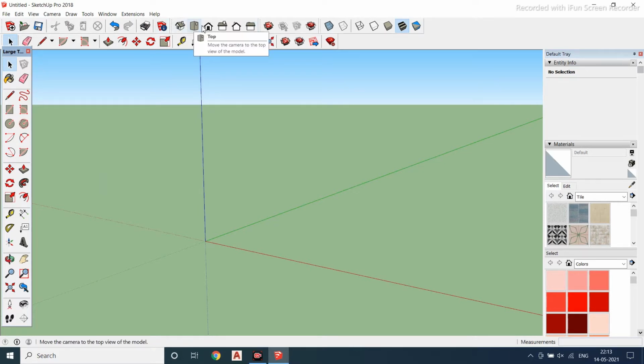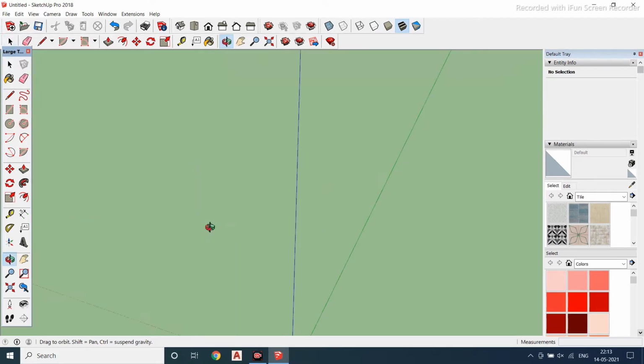That is top, bottom, ISO view, right and left views. These are my views which give me the wireframe or shaded view, hidden lines. So these are all used for my 3D views. So those are the styles. Now we'll be working with our top view.